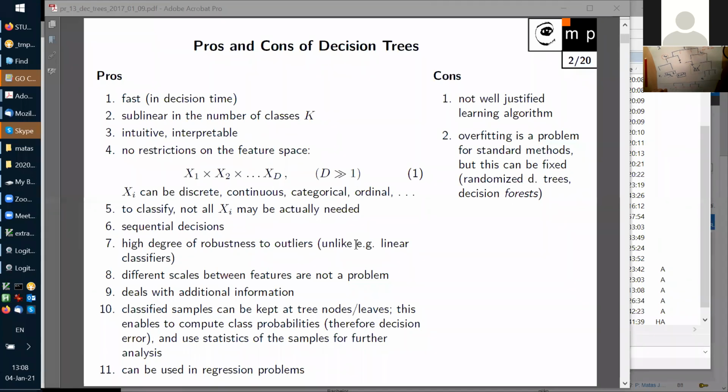So if someone wants to know, okay, what if I recognize the bird and I want to know what time do they usually arrive in the garden, I can easily find other inference about the class. So I can make other statements about the objects which fall into the certain leaf. So for instance, it could be that some other part of the tree,